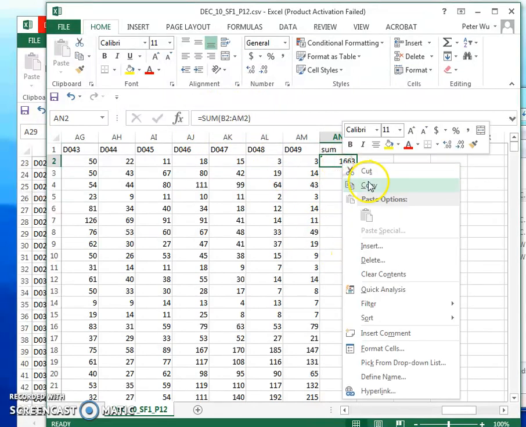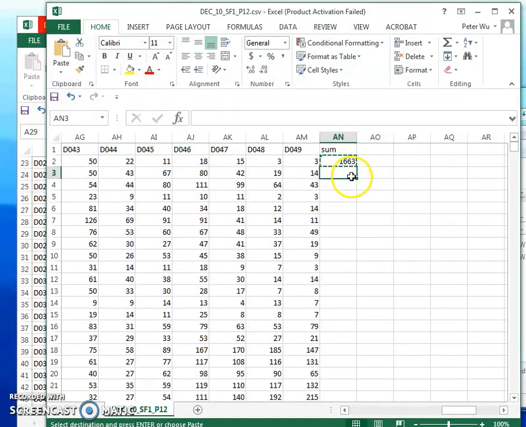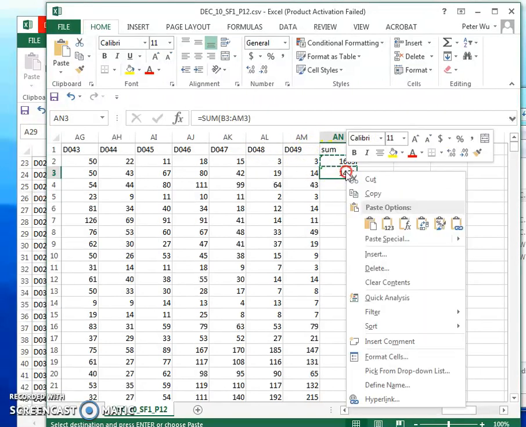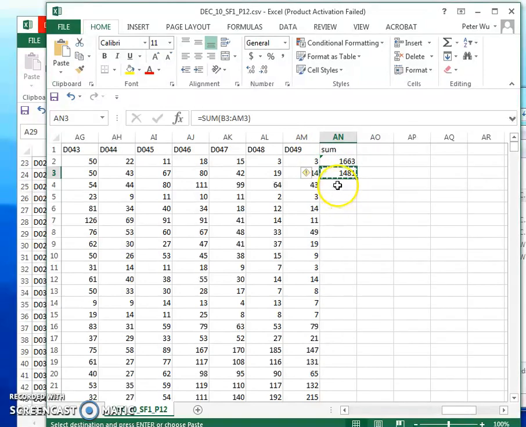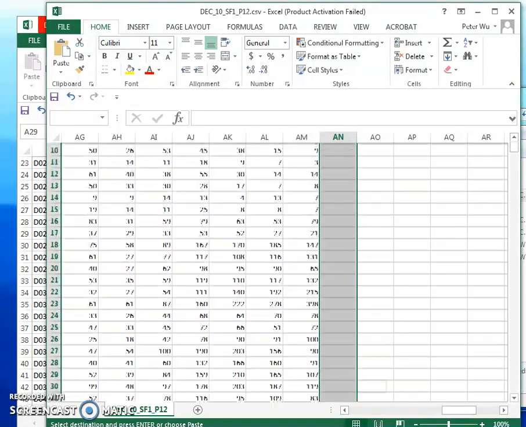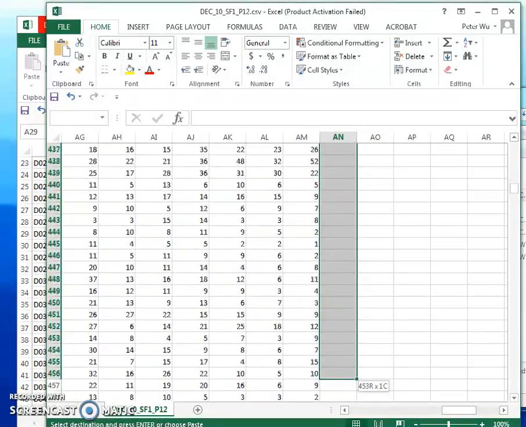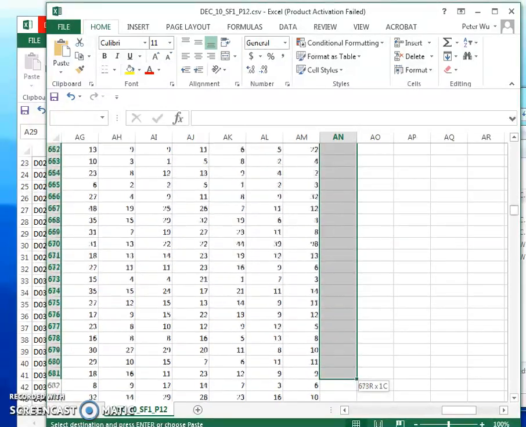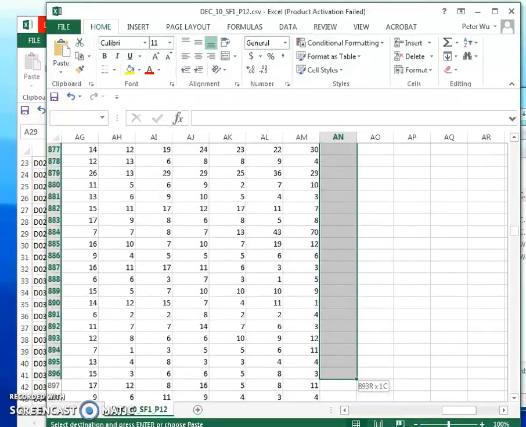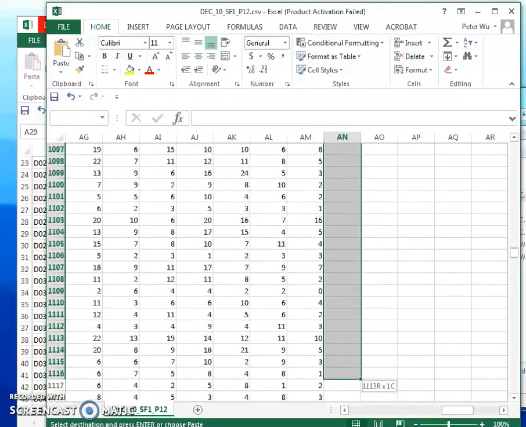And if I copy this and paste the formula here, then it would be using the same formula, but for different rows. This is the third row, second row, and so on. So what I need to do is to copy this and then paste it across all the way down. It's a very large spreadsheet, so